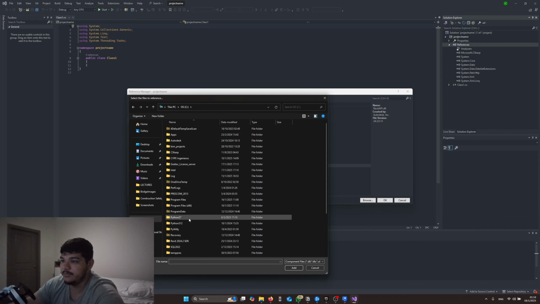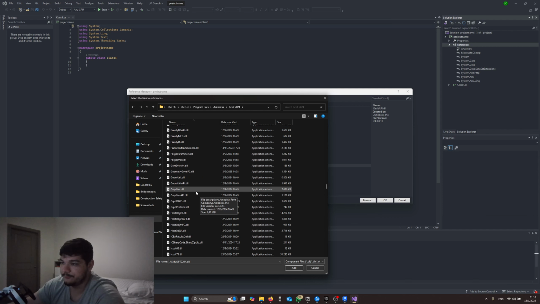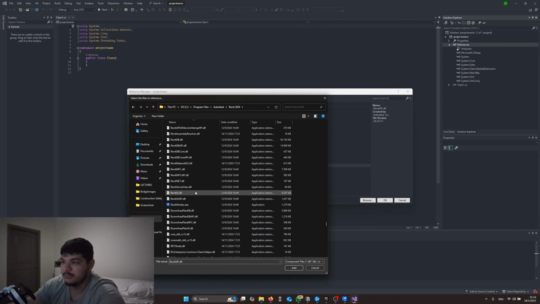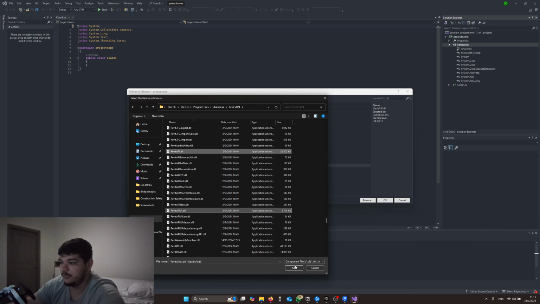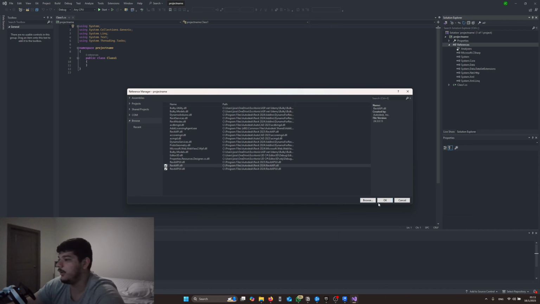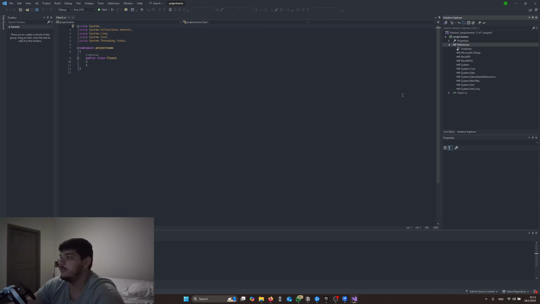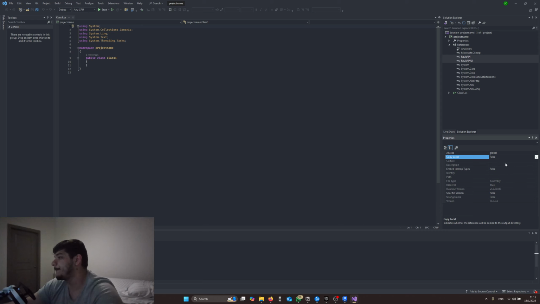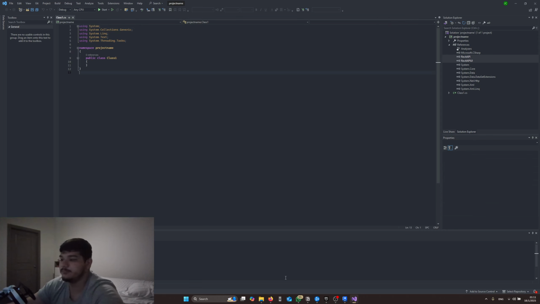From here, Program Files, Autodesk, the current version you're using, and just look them up here. For example, this and this one, and press add. I have them already, so I won't. Okay, press the OK option, select both of them, keep the copy local false,